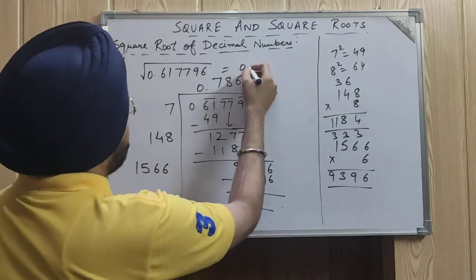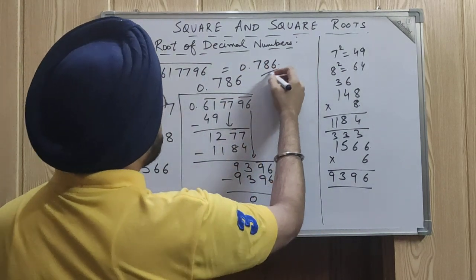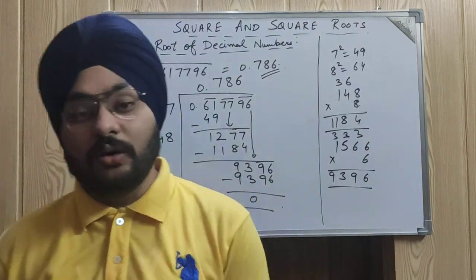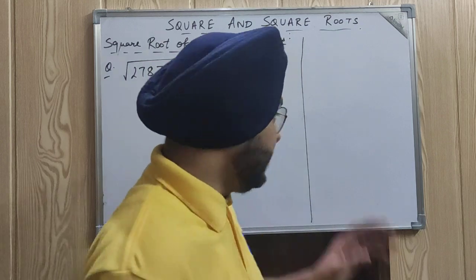So I'll be writing, the answer will be 0.786. So this will be your answer. Coming to the next question now. So our next question is like in this way,